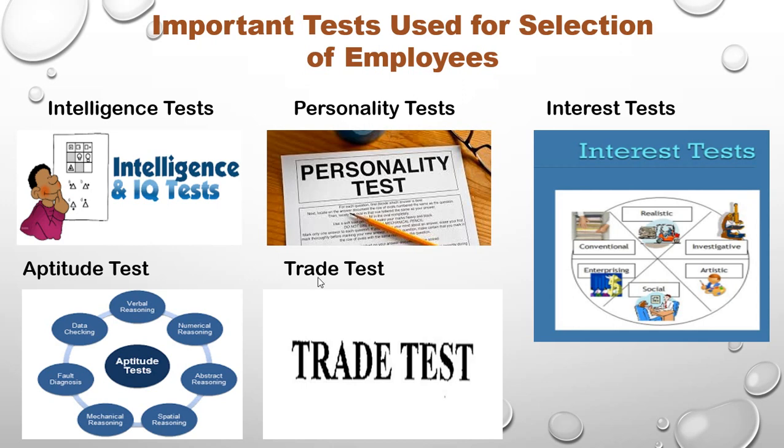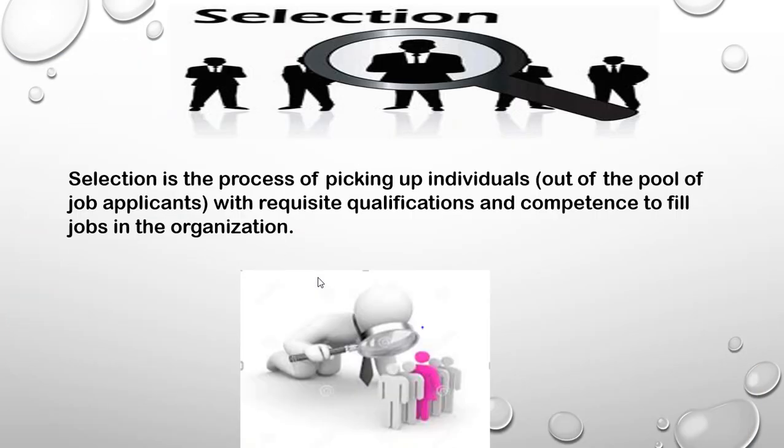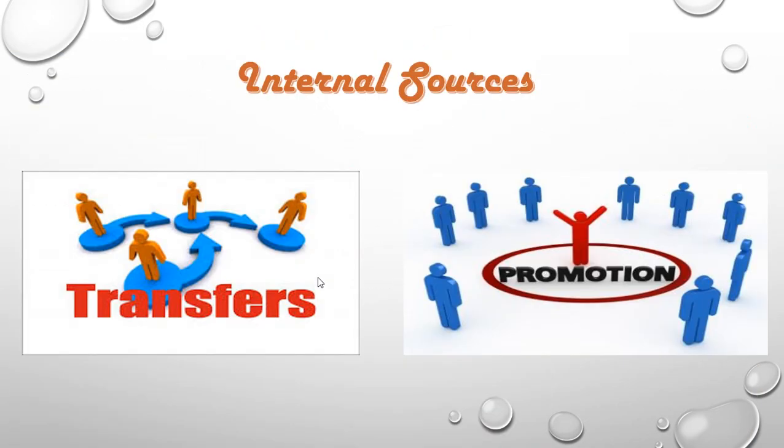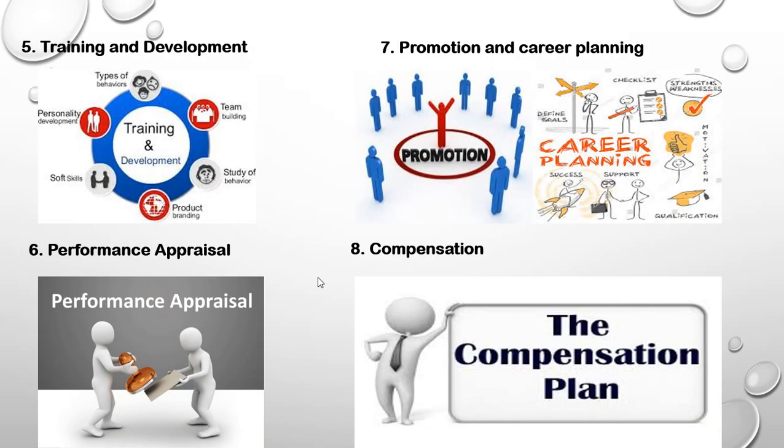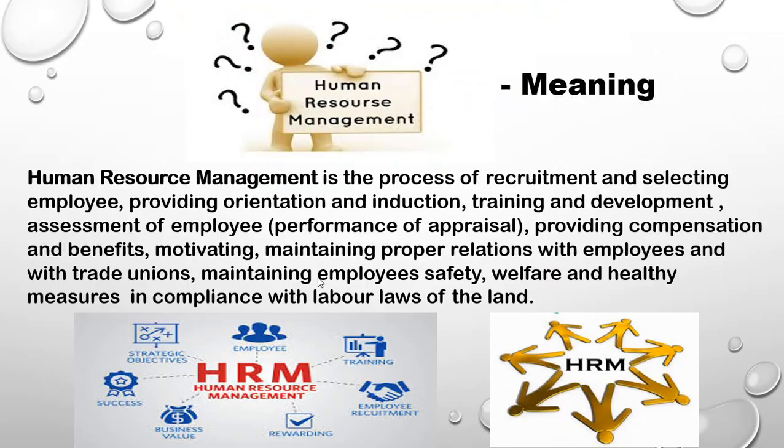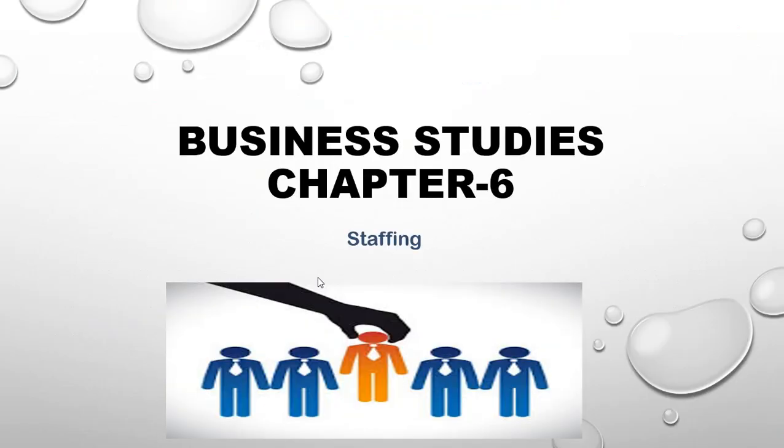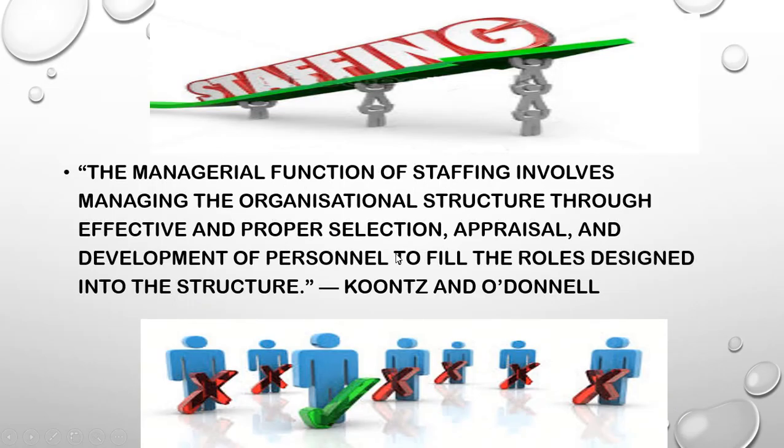In the last 28 discussions, we have covered chapter number 1, that is nature and significance of management, chapter number 2, that is principles of management, chapter number 3, business environment, chapter number 4, planning, and chapter number 5, organizing of NCERT. Now, in this discussion, I'll be continuing with chapter number 6 of NCERT, that is staffing, in which